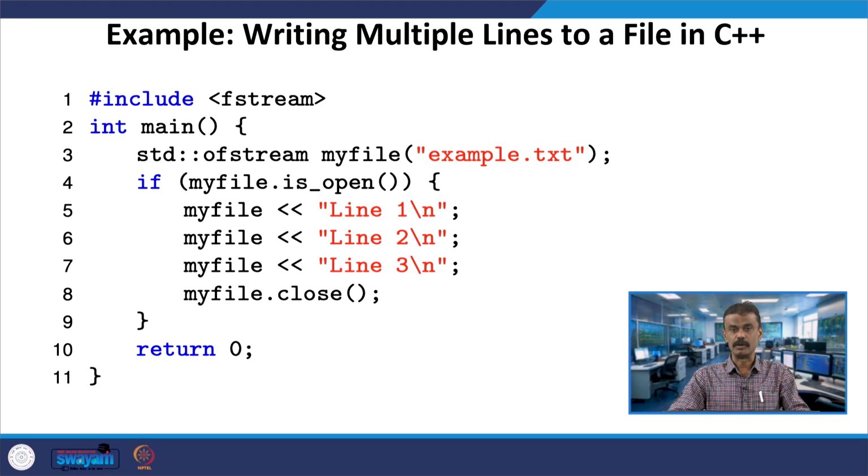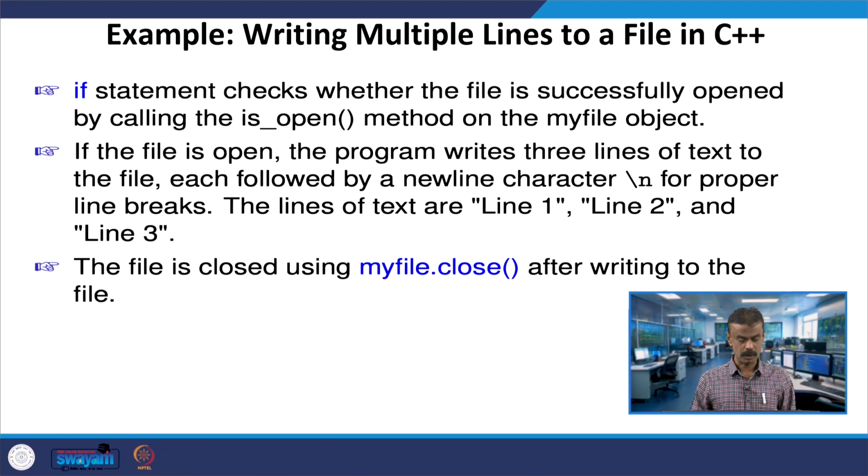My file should invoke close, so that this example.txt contains line 1, line 2 and line 3, in this example. In the one we had seen, the last line is welcome to file handling in C++. So, if it is true, we can write, and then you have to do the close.